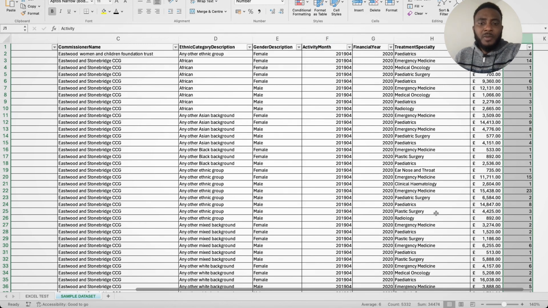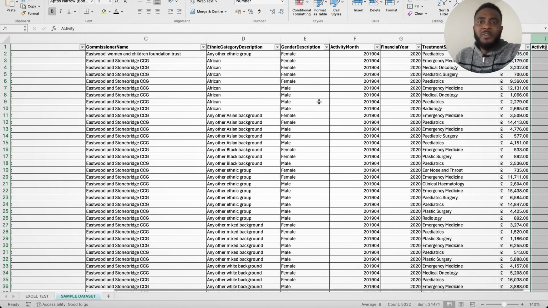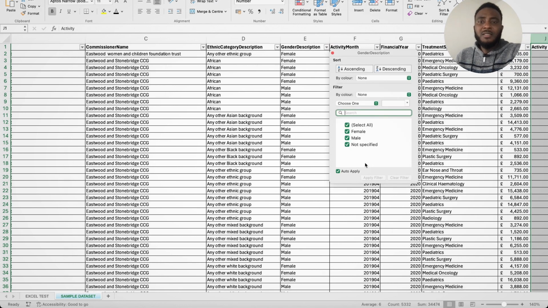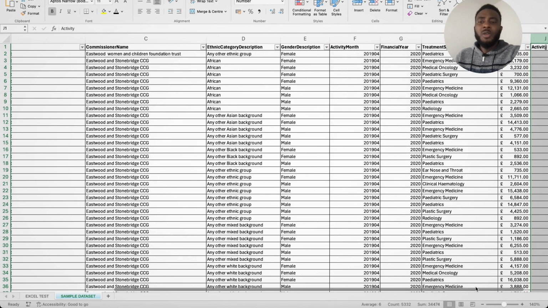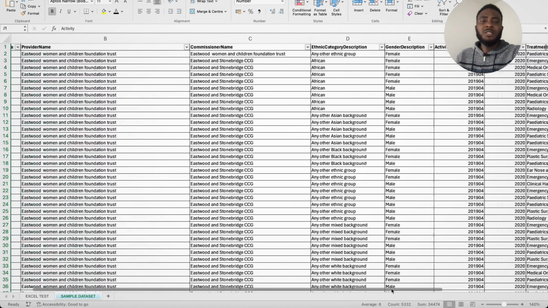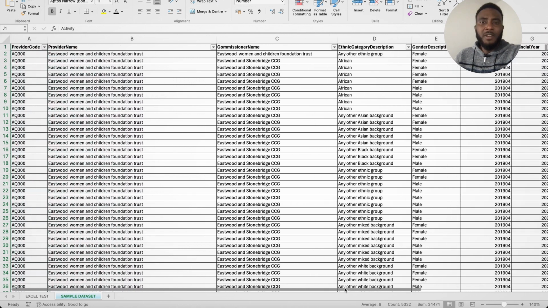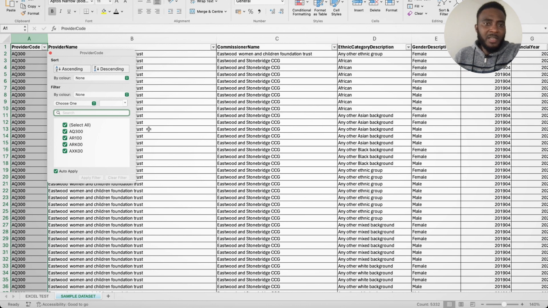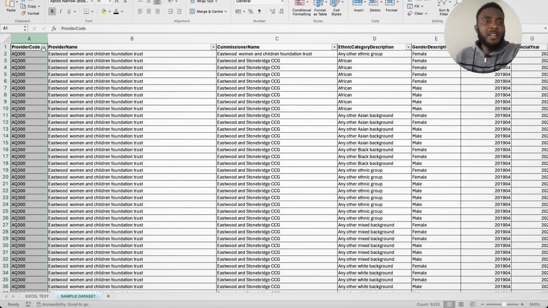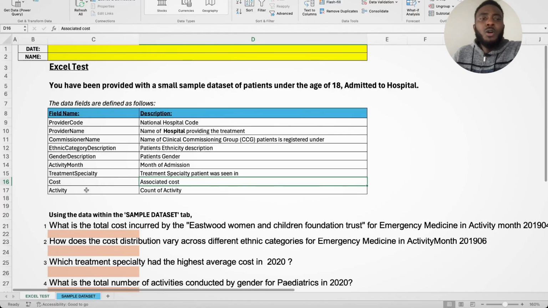Then our gender, male, female is fine. We have blanks. Yes, we do. We have some that are not specified, but that's fine because in analysis, we need to identify what our unique identifier is, and in this case, the provider code is a unique identifier, and we don't have blanks in the unique identifier. So every provider has a name. So on to